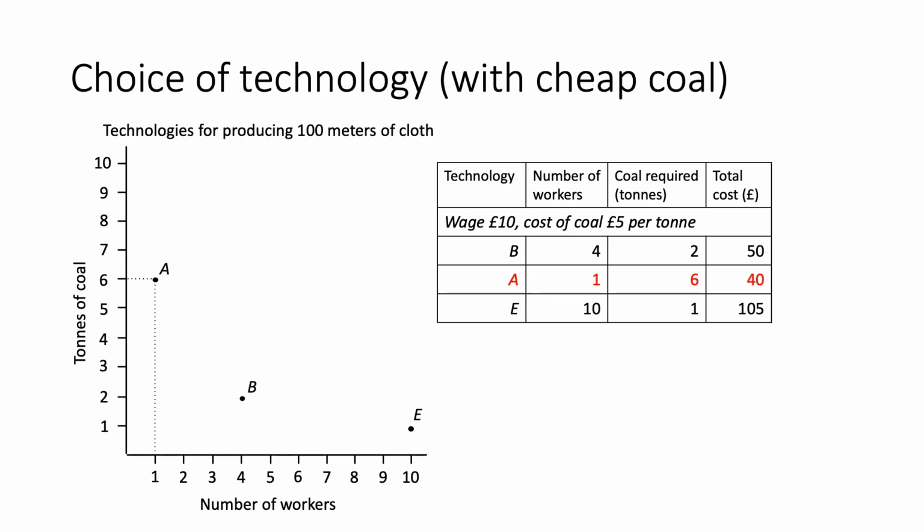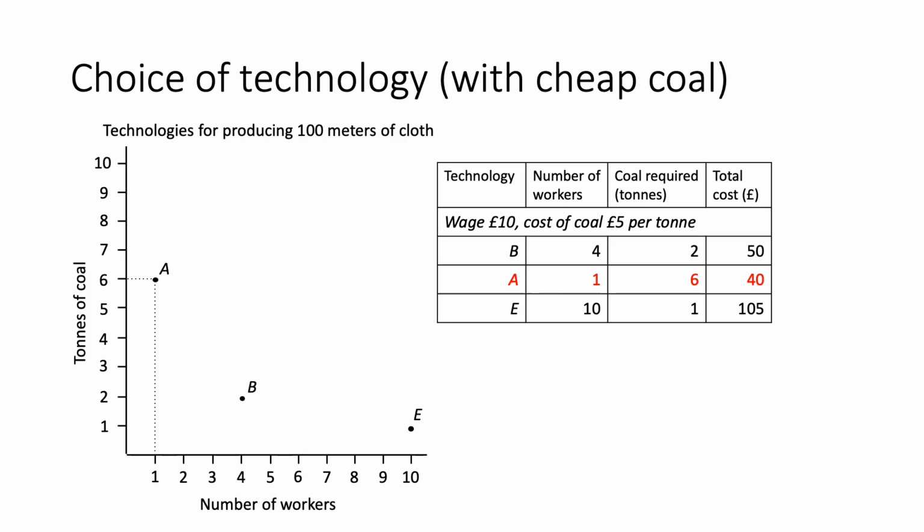That'll give us 10. And then add that to the cost of coal per ton, the £5, multiplied by the number of tons required, 6. And so that will give us 30. 10 plus 30 will give us our result of £40 for the total cost of technology A. And you can do the same process for the other technologies and verify that A is the lowest total cost